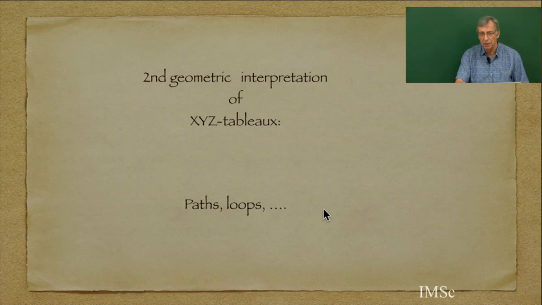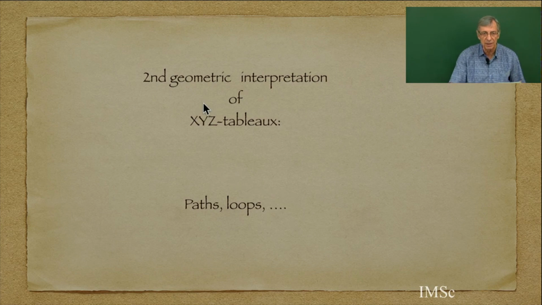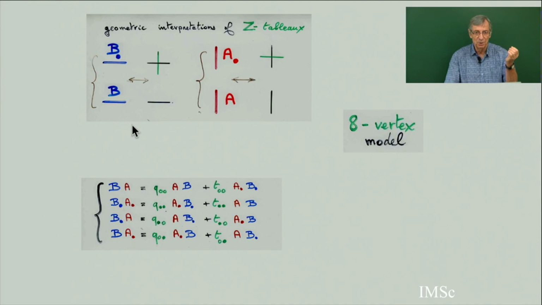So today we are going to have more examples of a complete Q-tableau, or examples of the formula C of UVW. I am going to give a second geometric interpretation of the tableau associated to the 8-vertex model. So here is, again, this quadratic algebra. And instead of replacing the letters B point, A point by oriented edges, I am going to put non-oriented edges. So again, it's a very simple idea.